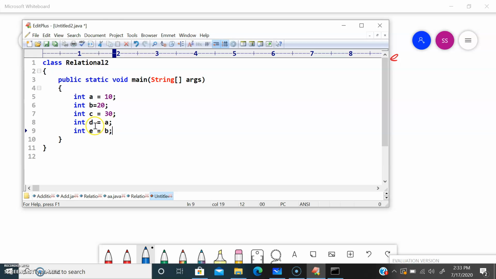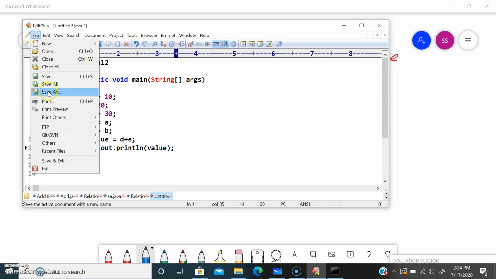So now my D value would be 10 and my E value will be 20. Now let me say int value is equal to D plus E. Right, let me check whether it's working or not. So I'm going to say system.out.println value.